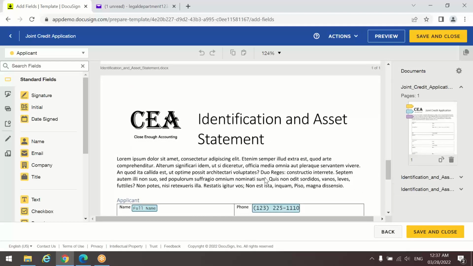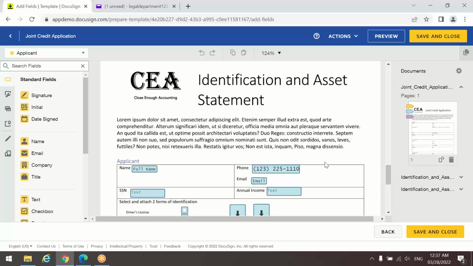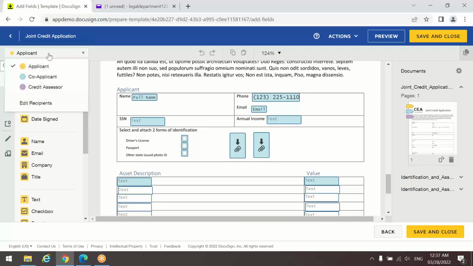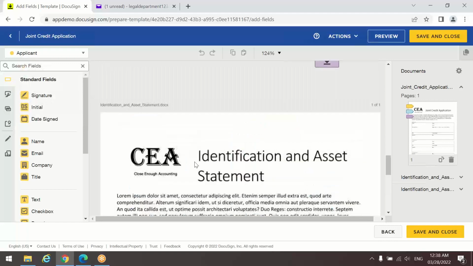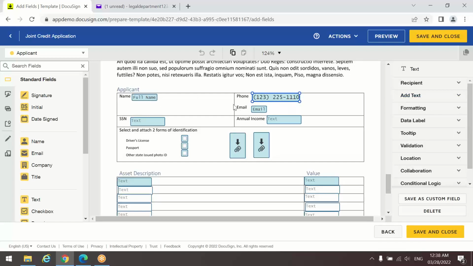Now, next, coming here to the identification and asset statement for the co-applicant. Similarly, for the co-applicant, I have to go here, I have to change to the co-applicant option, and I've added the fields for this identification and asset statement. And for the name, again, I have added as full, and for phone number, it's a required field,